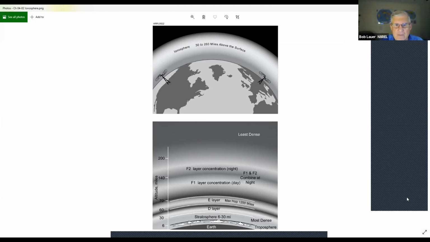Now, let's talk about the different layers of the atmosphere. And I'm going to stop sharing this one and pull up another one that I like, that I think is a little easier to